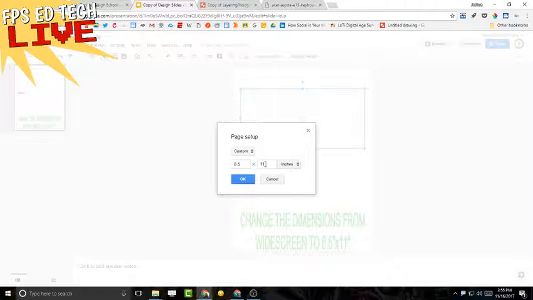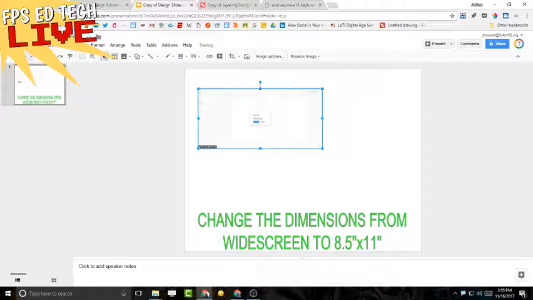So a good way to practice this would be go to this slide and just come down here to page setup and start making stuff different. Now if I want this to be 11 by 8.5, let's say I want landscape size, I can do the same thing. And now I have a landscape size copy paper this way if I want to design something that looks that way. So that's important to know whenever you want to start creating stuff that you might print off, or you want kids to do